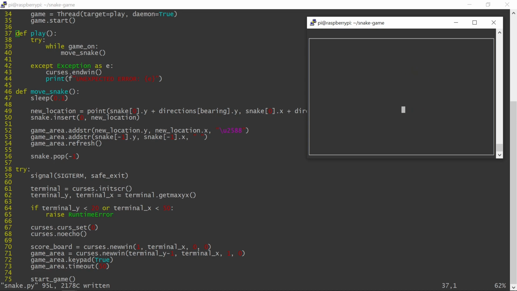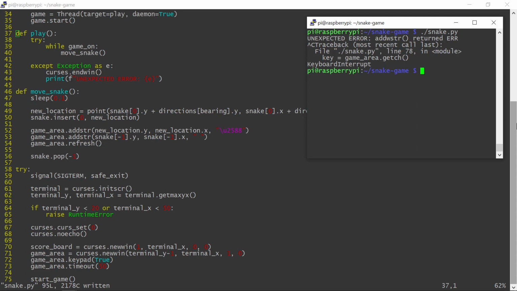As you can see, the keyboard is working. But I still have a crash when the Snake tries to go past the game area border. I will deal with this in a moment, but I want to fix the arrow handling itself first. As it is right now, I still need to press Ctrl+C to end a crashed program, and I don't like it. I want the program to exit automatically on crash.